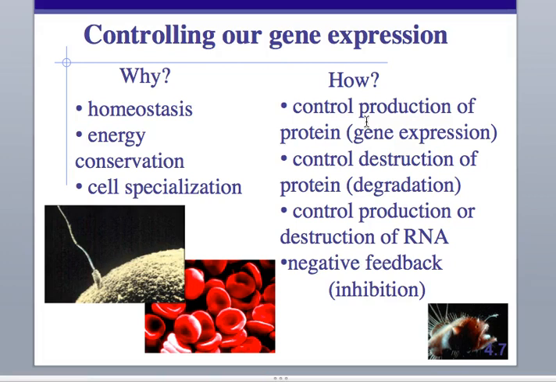We can do negative feedback inhibition, which is where if something is happening, so let's say you're producing a whole lot of testosterone, and this is done through a process that starts in the brain. It takes in all these sensory signals. These signals are summed up in the hypothalamus, which releases a certain hormone, which then tells the pituitary, hey, we should start releasing testosterone. And the pituitary says, got it, we're on it. And the pituitary sends a signal to the testes and says, it's time for testosterone.